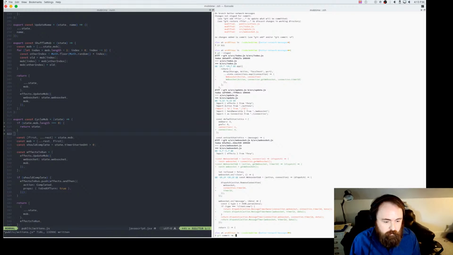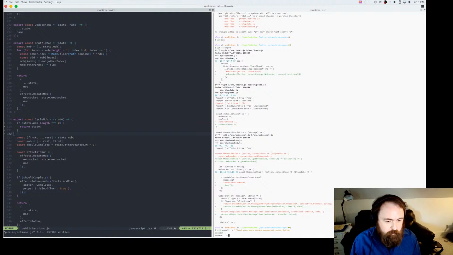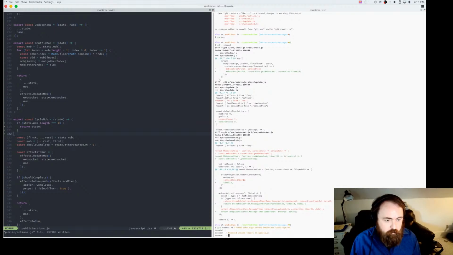So we're just going to say fixed some bugs around WebSocket subscription, and then also removed unused import in update.js, and then also removed default connections 1 from default statistics.